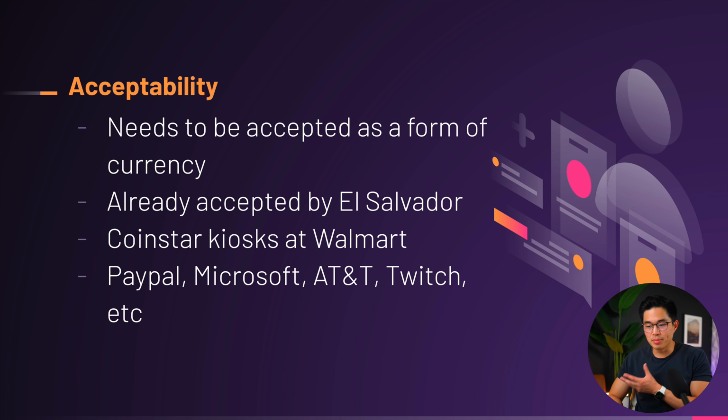Next is acceptability, which is probably Bitcoin's weakest point right now. For acceptability, it's basically the fact that everyone accepts paper money and physical coins all around the world. So when a currency has high acceptability, that basically says that everyone accepts that money or coins around the world. So you have dollars, euros, pennies. These are all accepted as currencies in their respective countries, but for Bitcoin to be a good form of money, we would need acceptance everywhere.